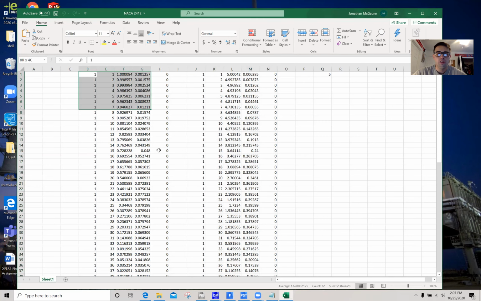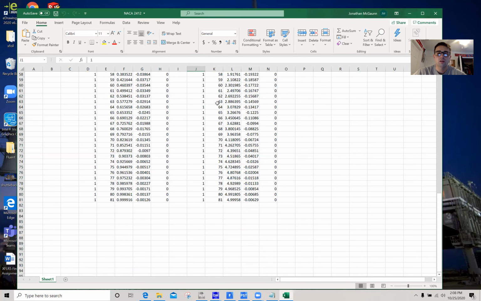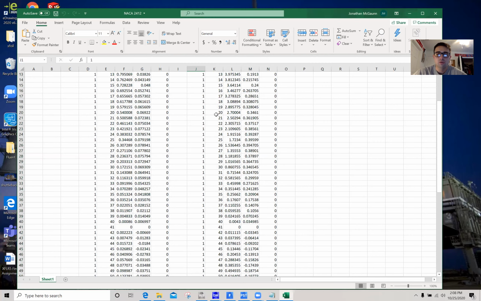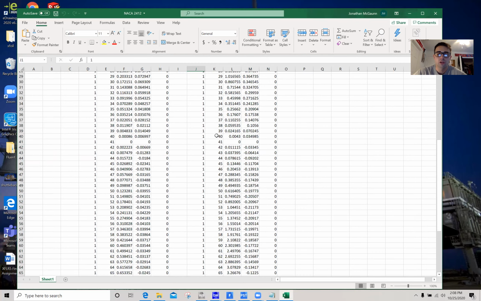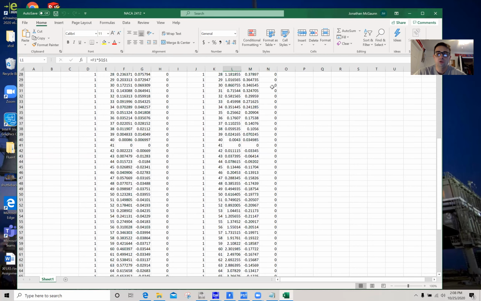Over here, you see the previous version where the chord length is 1, and this is the scaled version. The first column is necessary to have all 1s. The second column allocates each coordinate point to a number. So here we have 81 coordinate points. And right here, we have our X coordinate. Here we have our Y coordinate, and we're going to put zeros along our Z coordinate because we're only using